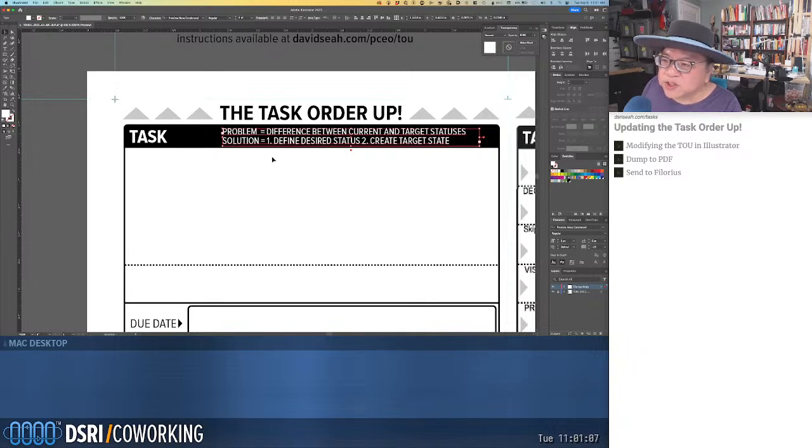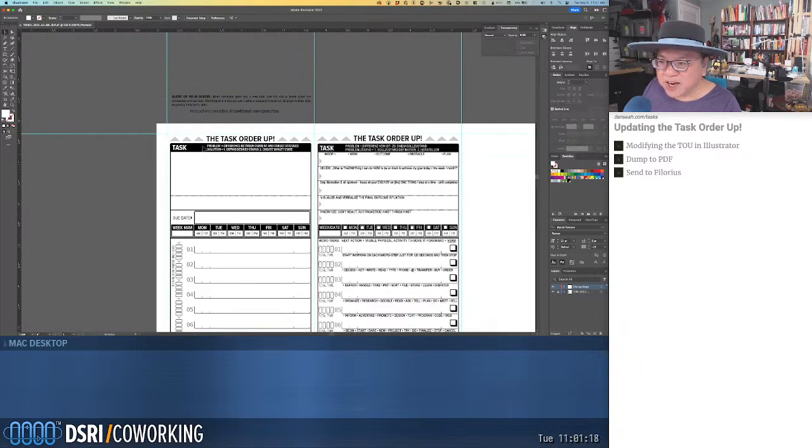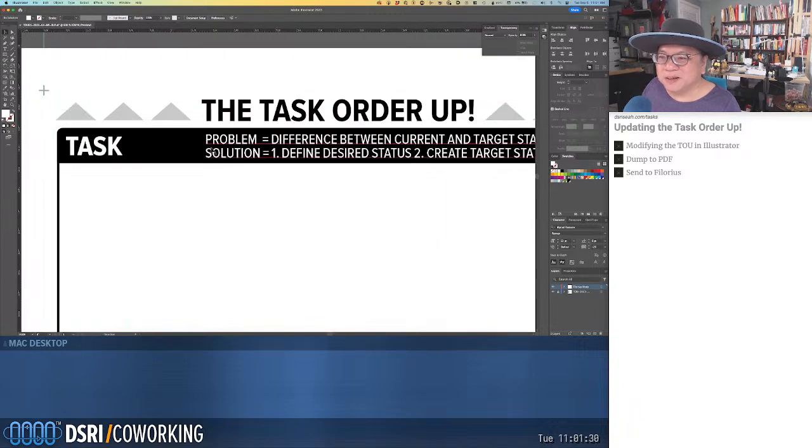So let me position this. This is close. I can probably rely on some visual fudging here because even though task and this text box aren't the same height, it's far enough away so most people won't be able to tell that. I can see it, but other people probably won't. In general,